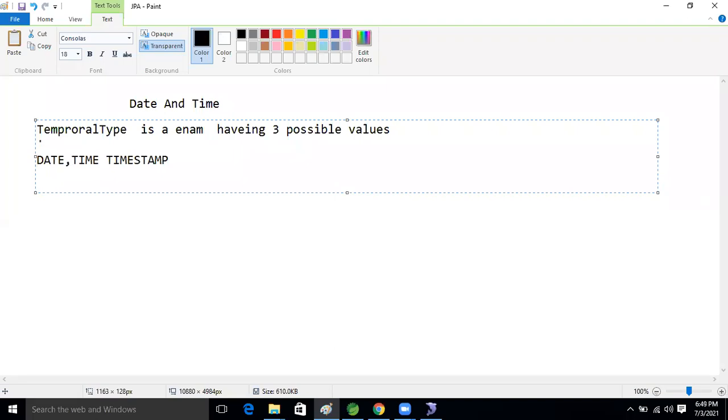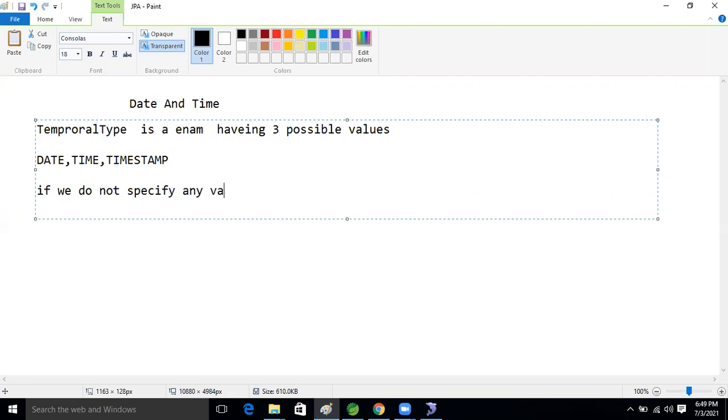Based on that, we will perform the date and time operation now, guys. If we do not specify any value, the default is timestamp.